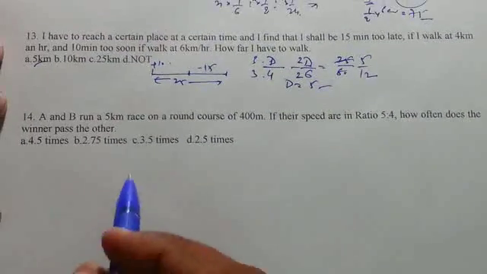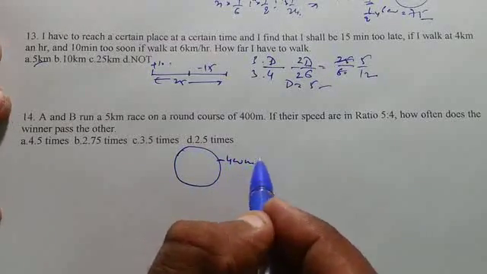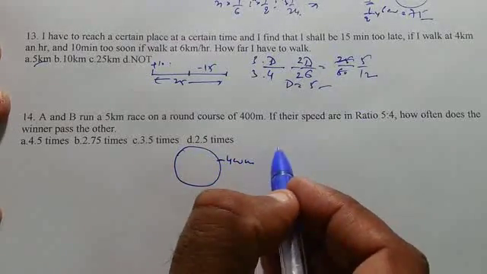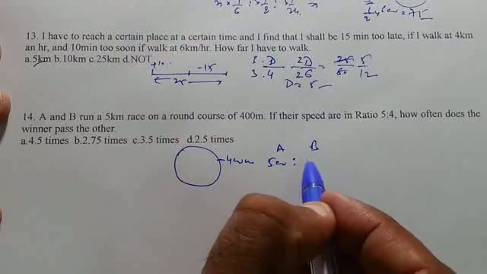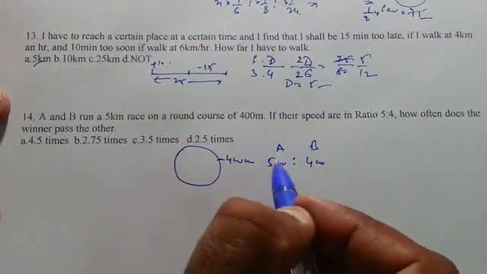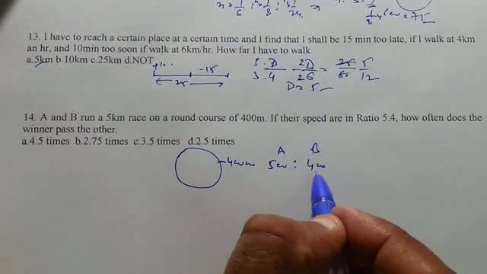A and B run a 5 km race on a round track of 400 meters. So the track is 400 meters. If the speed is 5:4, so the speed of A and B is given as 5:4. So that means if A covers 500, B covers 400. So that means when B takes 4 rounds,